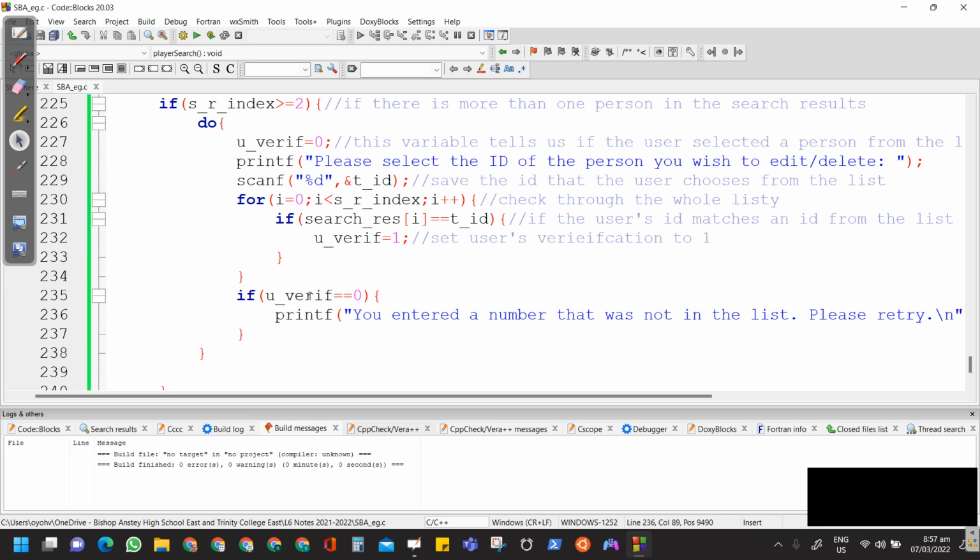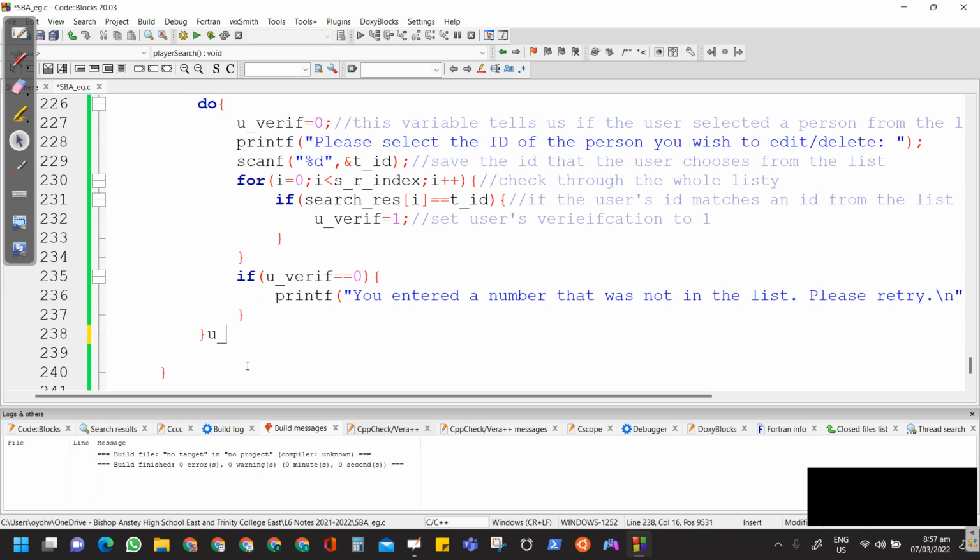And this will continue to loop while u_verif is equal to 0. So they must enter a valid value from the list of results returned. So if u_verif is equal to 0, "You entered a number that was not in the list, please retry." Right? Else,